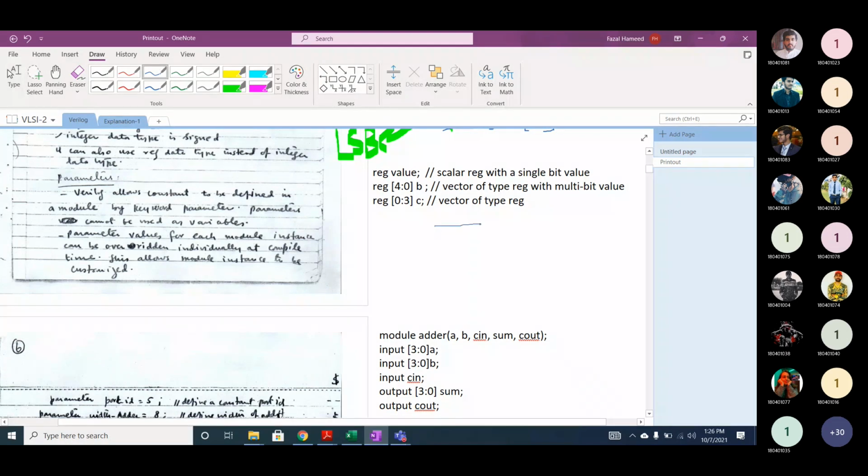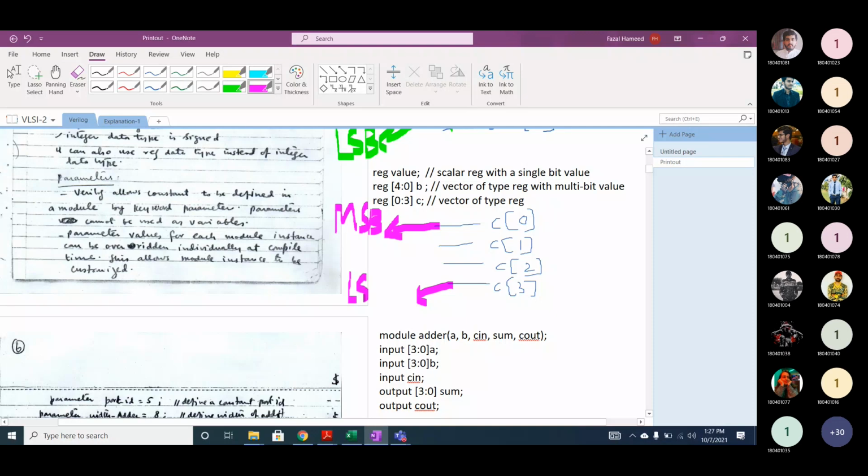It will be represented by C0, then C1, then C2, and then C3. What is the MSB here, C0 or C3? C3, sir. No, the MSB is C0 and the LSB is C3.